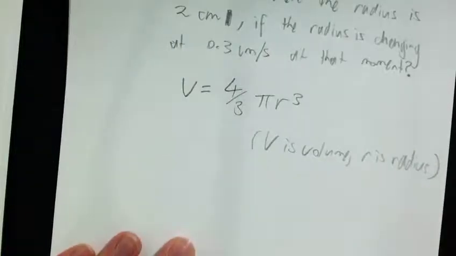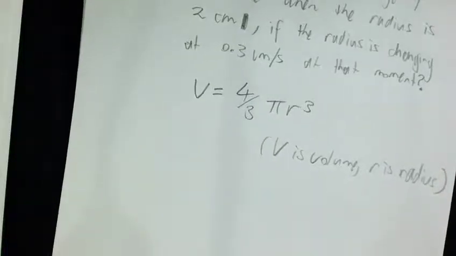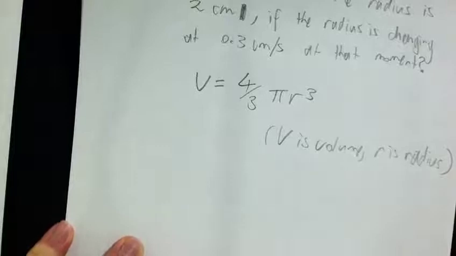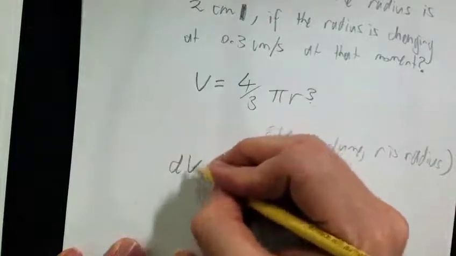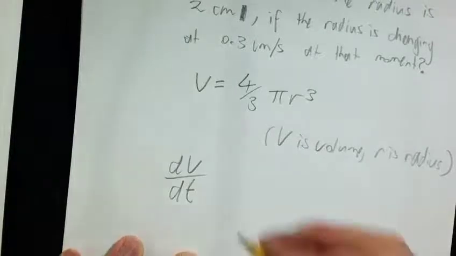So, okay. Well, I'm going to do this thing where I know that everything's a function of time. R is changing when time changes. V is changing when time changes, but only really because R is changing first. So I can imagine using the chain rule for this. That's how quickly V changes when time changes. And then